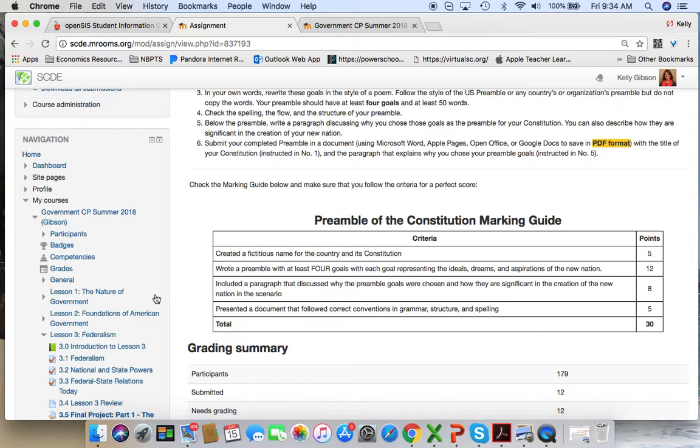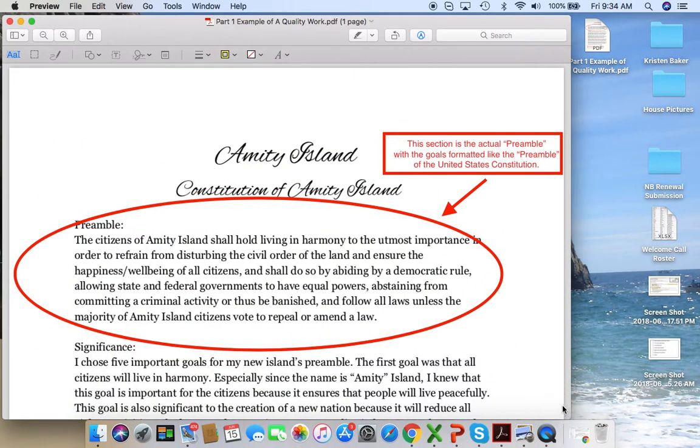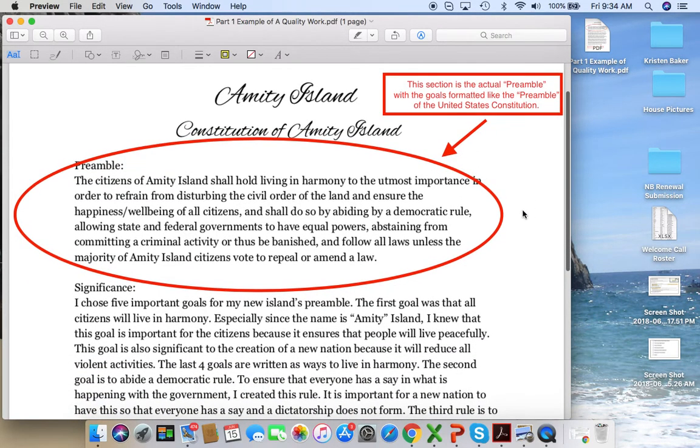Now that I've explained it, I want to show you a good example. The example you're going to see is one that was submitted in a previous term. Now, you can see this student named her country, Amity Island, and she called it the Constitution of Amity Island. Then you have the preamble section, and you can see it is the actual preamble, and it's formatted like the